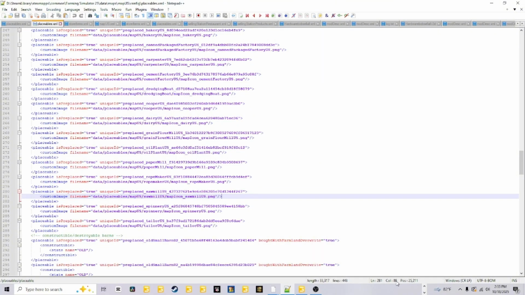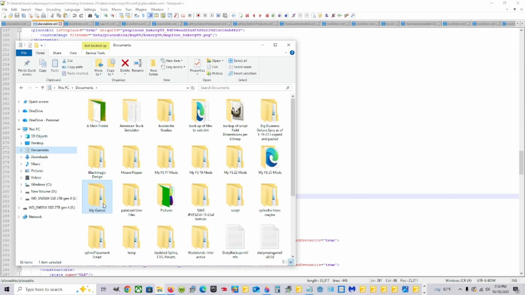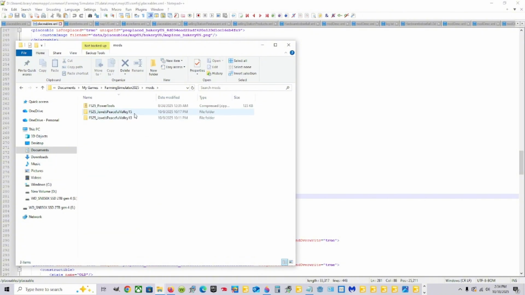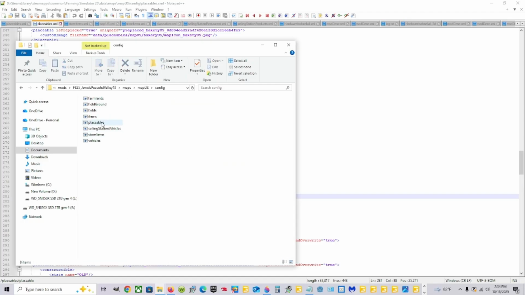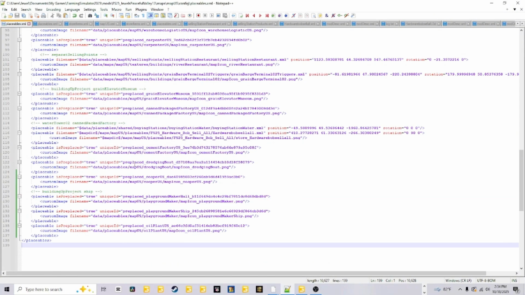Go to your map, wherever your map is, go to your config file. And here's my map and farm documents. Let me just take you there in case y'all are confused. Documents, my games, FS25, mods, and my map name, maps US. Make sure you're going in the right map, config, and then placeables, right click, edit with Notepad++,